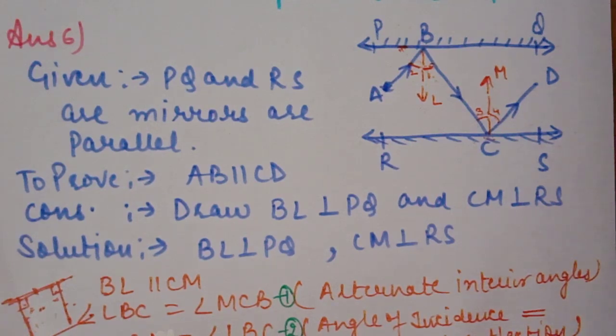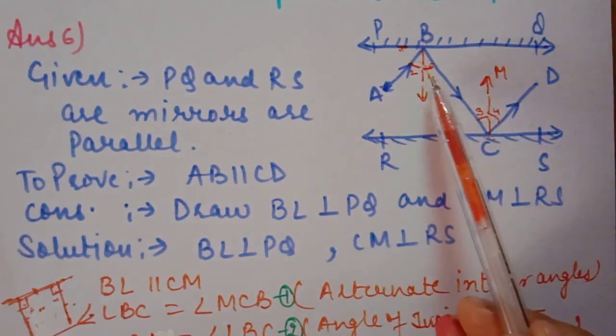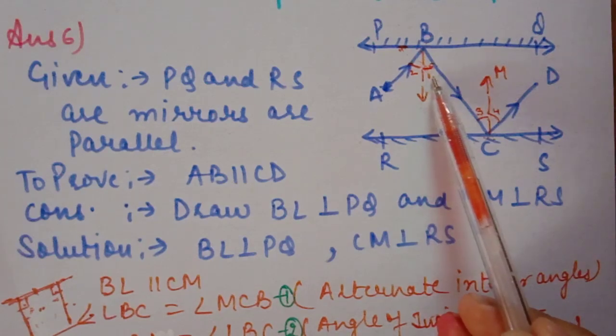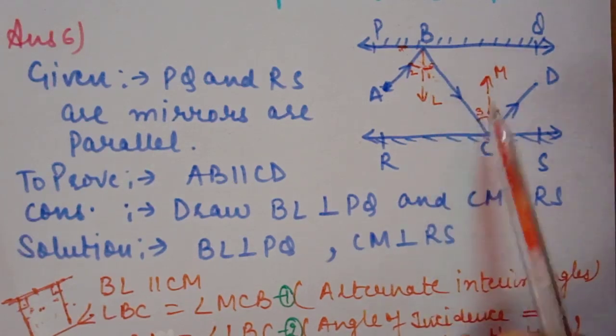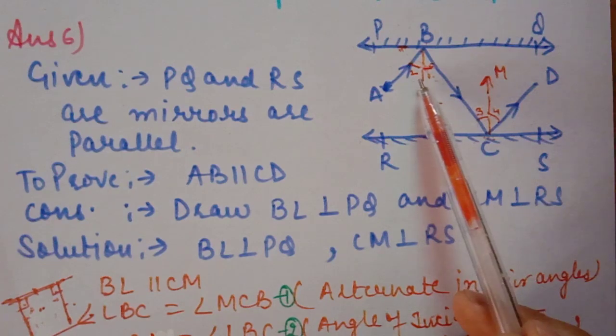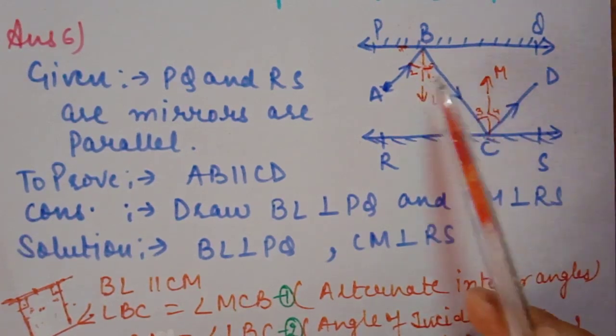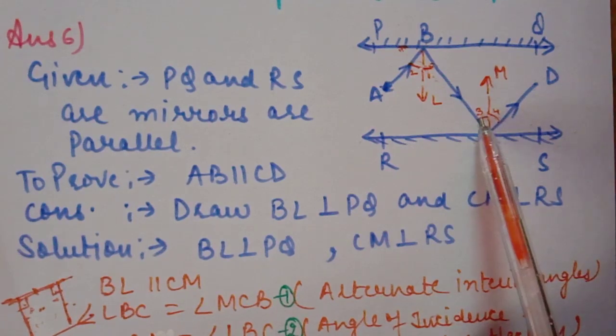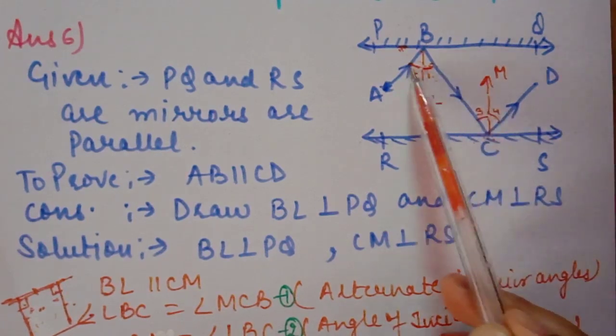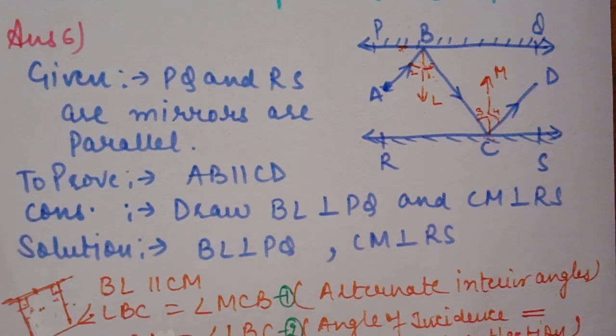We have another method to solve this question. When we take our first equation, 1 is equal to 3, we explained that these two angles are equal to each other. Then double of angle 1 and double of angle 3 are also equal to each other. Then definitely these two complete angles are also equal to each other.